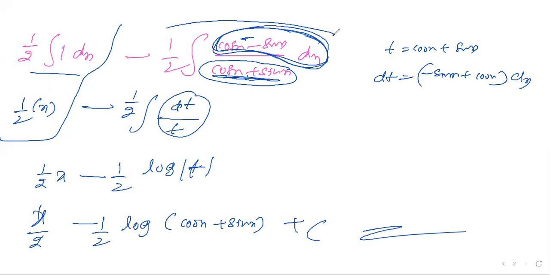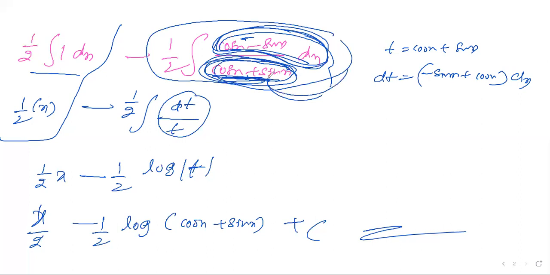This is the one interesting question. How will you know, sir? First you make an assumption before doing that. If I take t, shall I get dt or not? If I differentiate this, shall I get it or not? If you are not going to get it, you can take the assumption of t. So dt by t, log t. So I get an answer. This is the way of doing the question. Clear or any doubt?